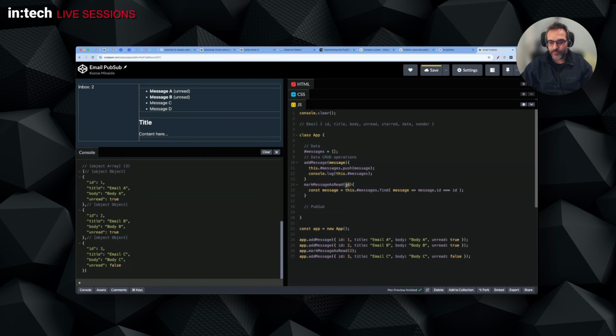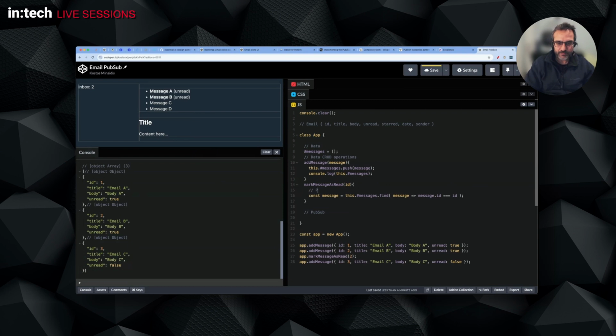So take an argument 2, loop through, this is like a looping method, loop through the messages, and then return true, so return back the element if that element's ID, that's the message inside the array, is equal with the ID that we just passed. So compare 2 with all the messages in our array, and when we find that message, give it back to us. So this is like pick the right message based on the ID,